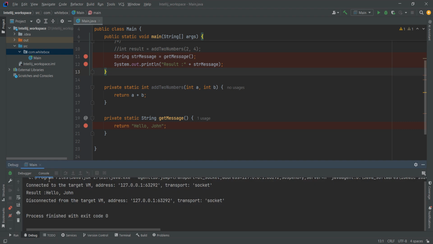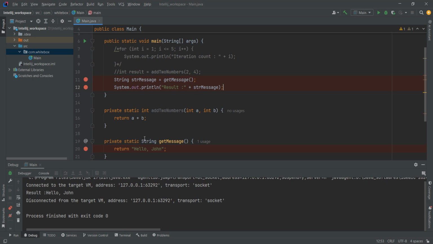another time, then the program will end because there are no lines of code in this method, right? Yeah, so you can see the hello John that we got on console, and we know this is the output statement we wrote to print the result value, right? Yeah, and let's say